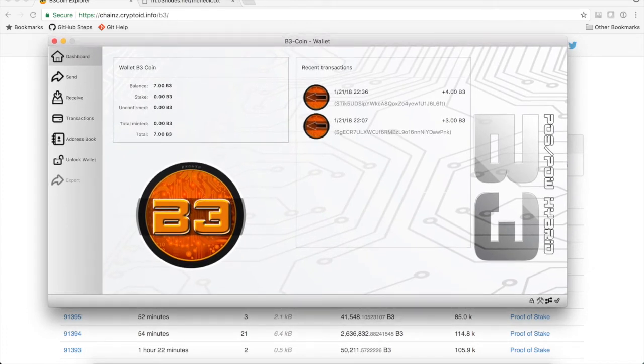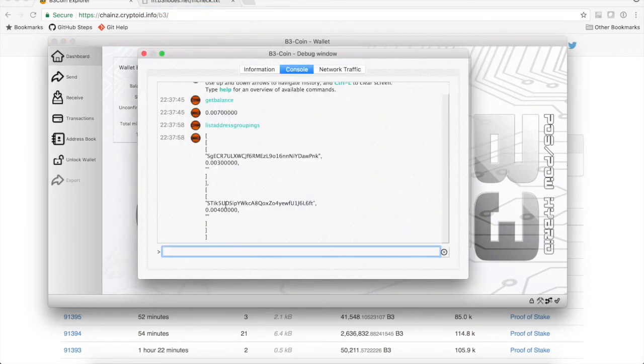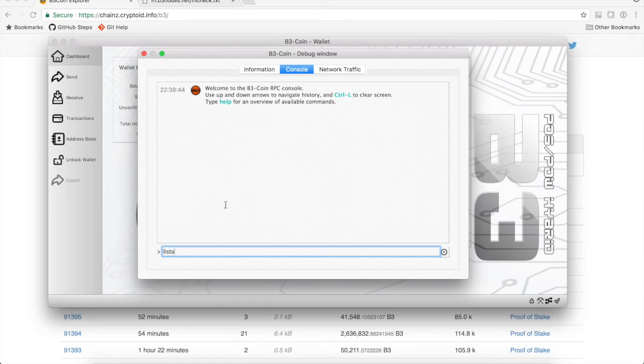So let's go ahead and dump the private keys for the addresses. Now I've done the list address groupings, but I always like to do it fresh every time I come in if I ever need to dump keys. I mentioned if you did this command earlier in the video, we didn't get anything because there were no funds associated with it. There was no transaction. As soon as a transaction occurs around the address,